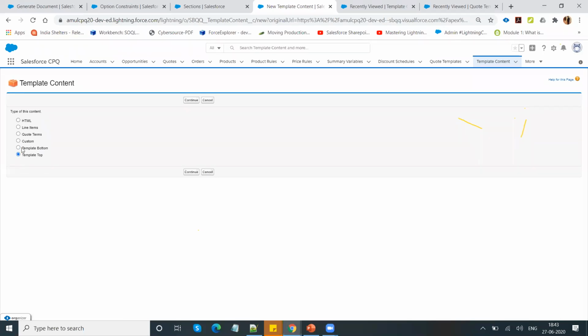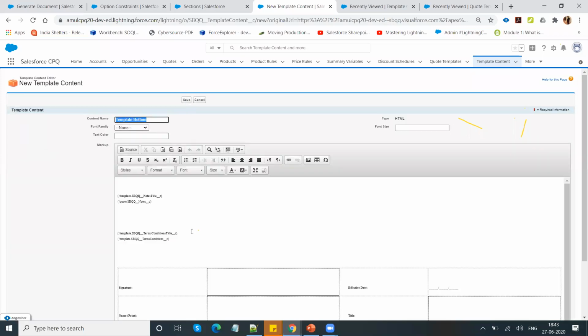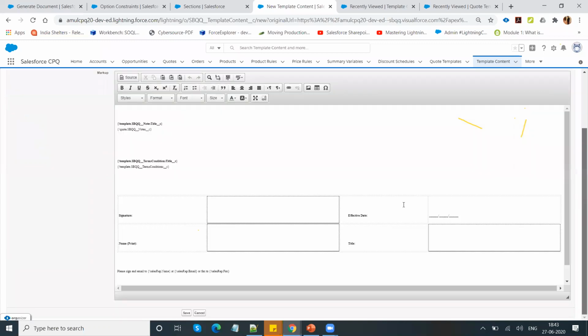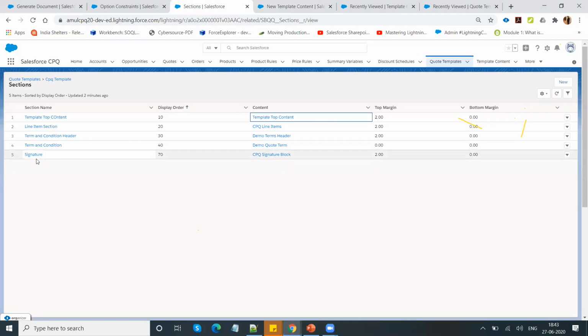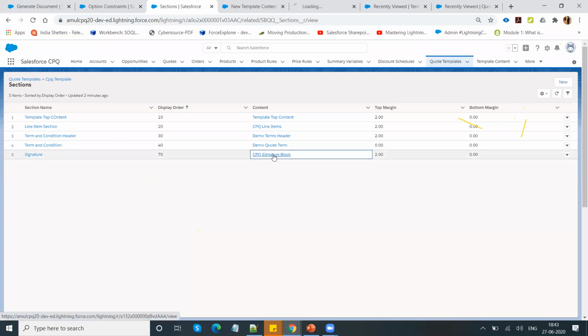The template bottom and top are where Salesforce CPQ provides a signature automatically by default. You can change this template according to your need and then add it to your template sections under the code template section. If you open the template content signature block, my last display order is 70.